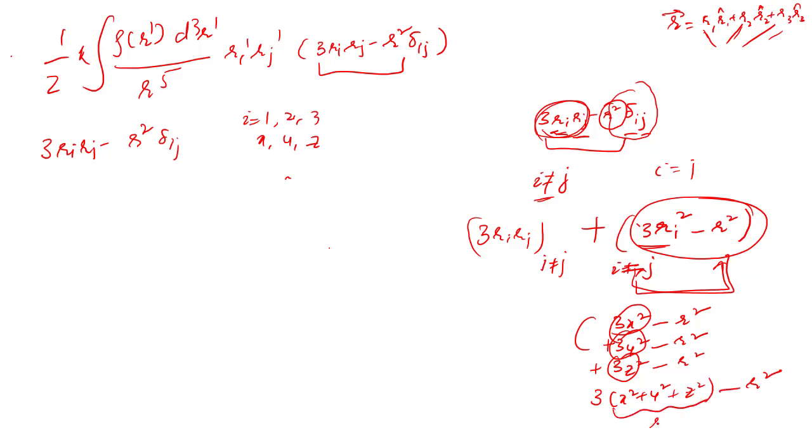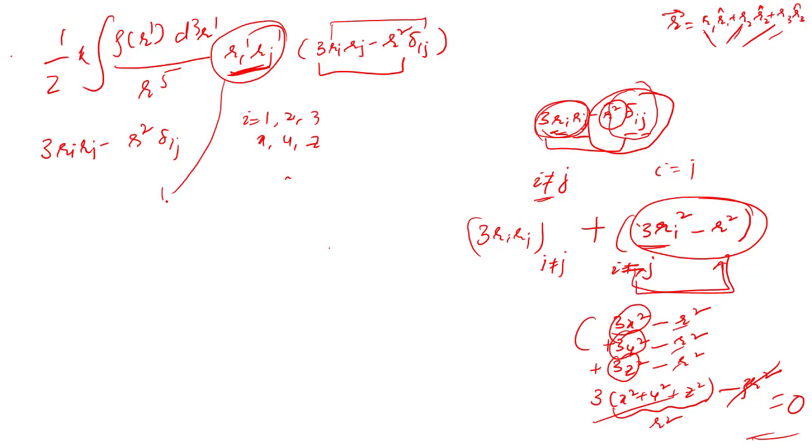And this is nothing but r squared, so minus 3r squared, because you have 3 times. And so 3r squared minus 3r squared essentially gives you 0. So the term that is related to this delta ij essentially leads to a 0 term when i is equal to j. So using this, to symmetrize the primed coordinates with the unprimed coordinates, what we can do